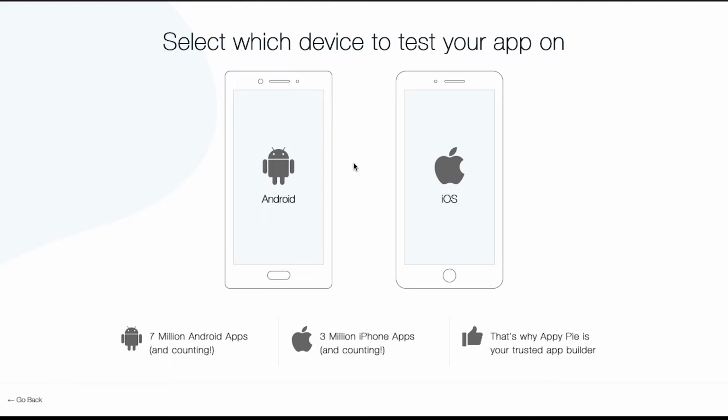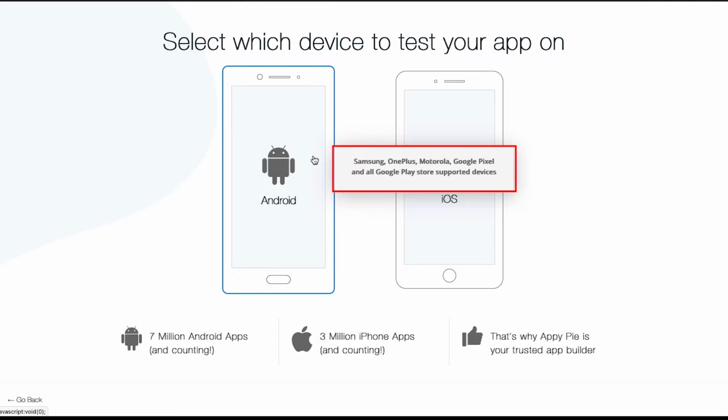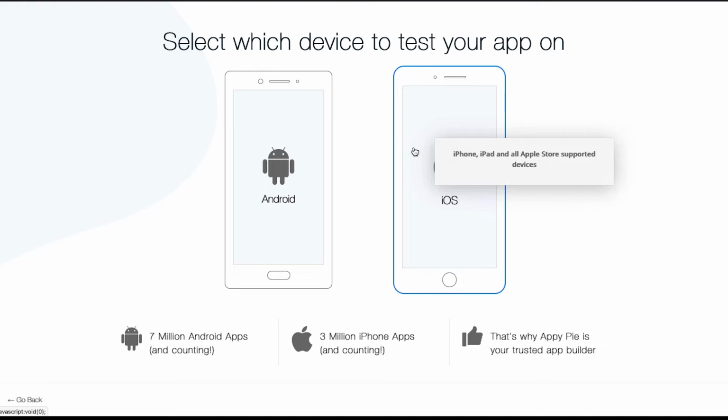On the next page, you have to select a device to test your app. You can select between Android and iOS. Here you will see that there are 7 million Android apps and 3 million iPhone apps. If you hover your cursor on Android, then you will see that it supports Samsung, OnePlus, Motorola, Google Pixel, and all Google Play Store supported devices. And if you hover your cursor on iOS, then you will see that it supports iPhone, iPad, and all Apple